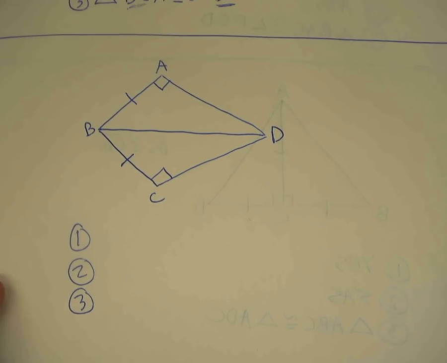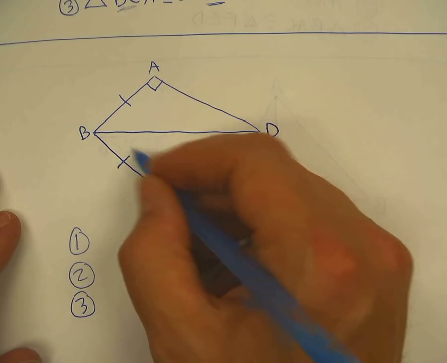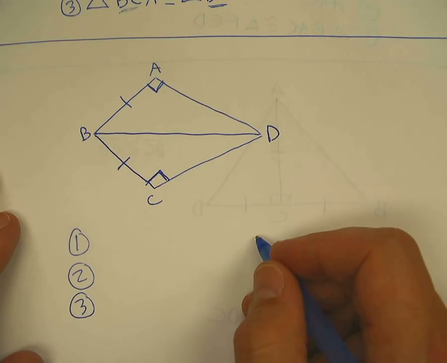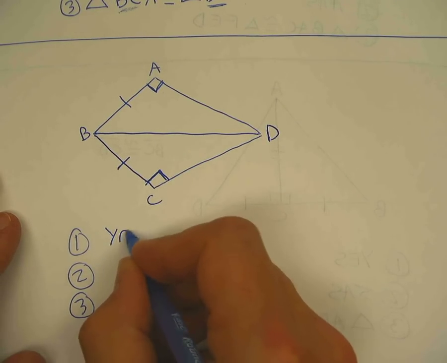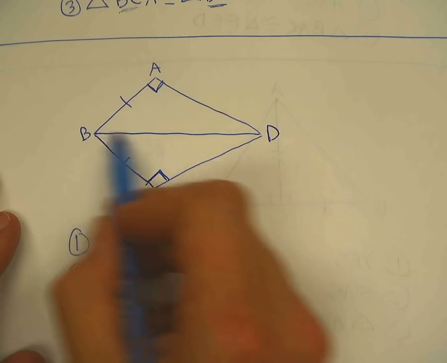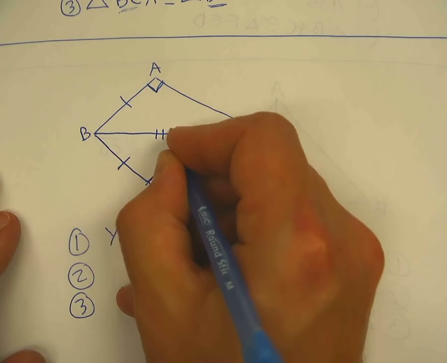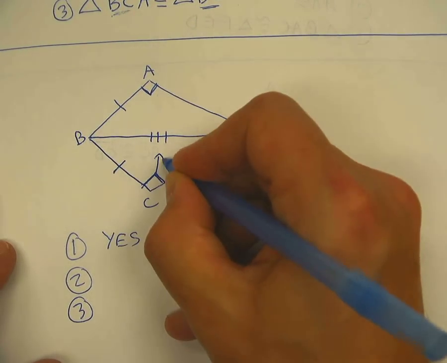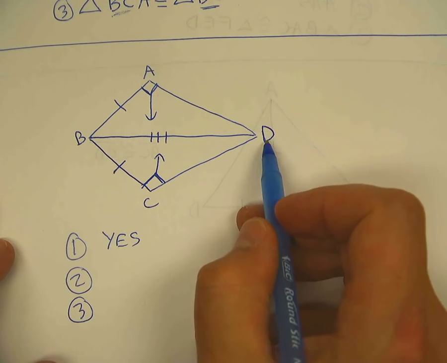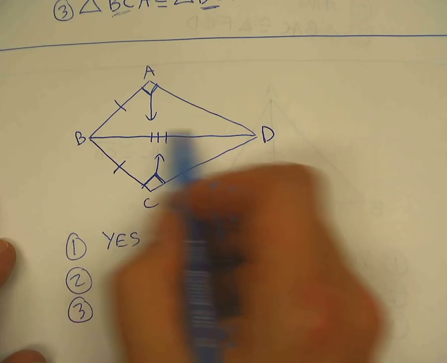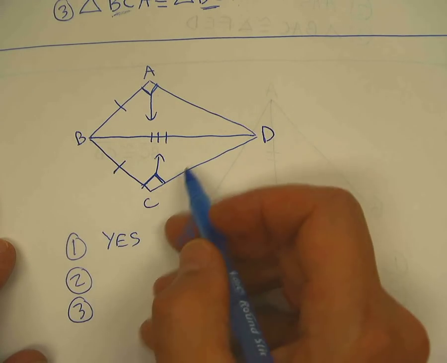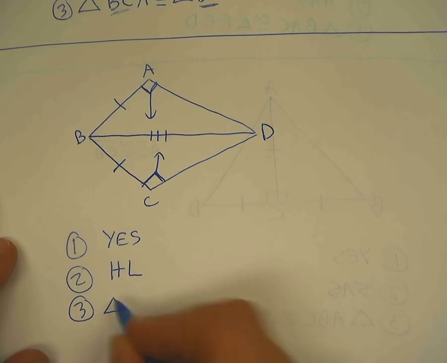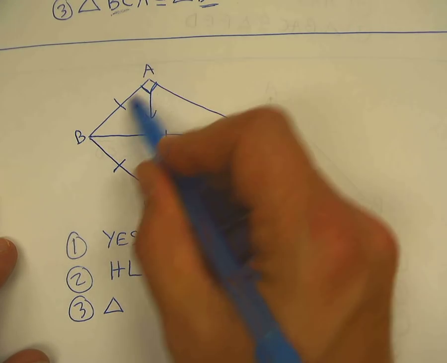All right, going on to this one right here. We have 2 right triangles. Notice they're right triangles. These are right angles. And these are going to be congruent, yes, and I'll tell you why in a minute. They share this side by the reflexive property. BD is congruent to itself. Now remember I told you with right triangles, the right angles always point to the hypotenuse. If the hypotenuse is congruent and one of the legs is congruent in a right triangle, this is HL, for hypotenuse leg. Then I write a triangle congruent statement, which would be ABD